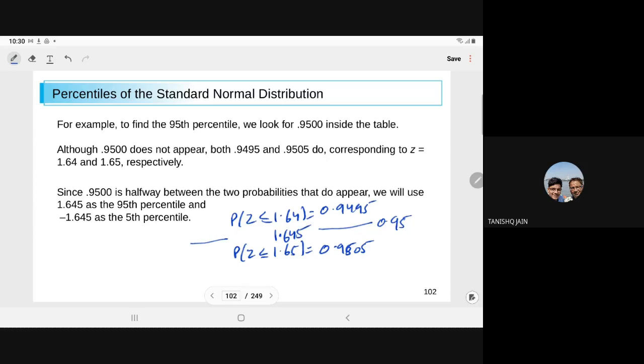So sometimes we use the interpolation, but we avoid it. Only in the case of the 95 percentile do we prefer the interpolation. So here you can say that probability z less than or equal to 1.645 is equal to 0.95. Wherever we can determine the exact value, we prefer that; otherwise we choose the nearby value. So phi of 1.645 is equal to 0.95. In this way, sometimes we use the interpolation also.